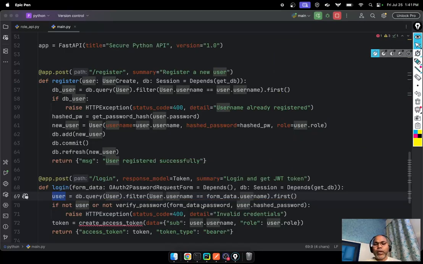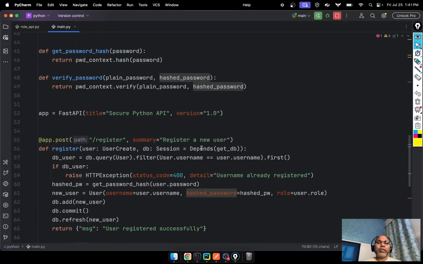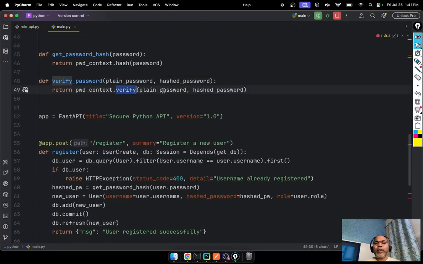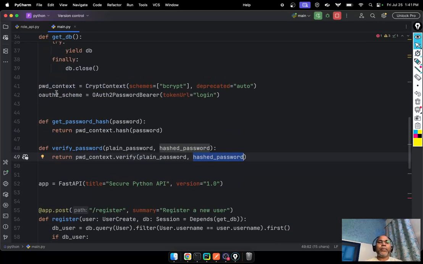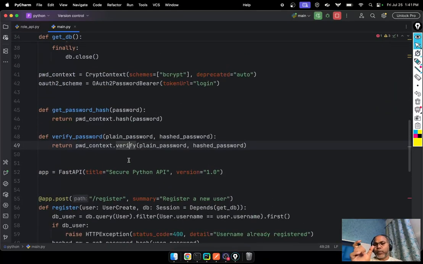The same thing here: whatever the user password is and whatever password the database has, we can just write a simple API. It can verify whether the plain password and the hash password are the same or not. This verify method is already provided by the crypto context. Once the user is validated, meaning the user has the right username and right password,